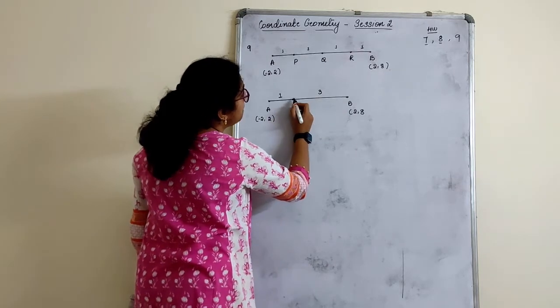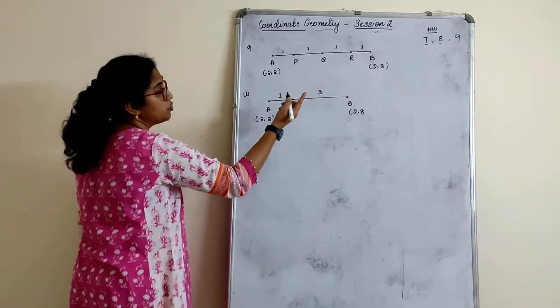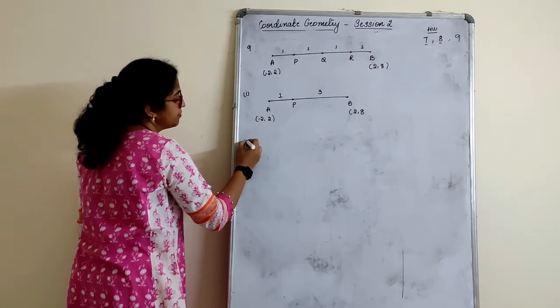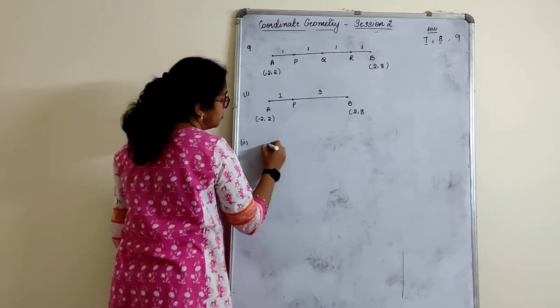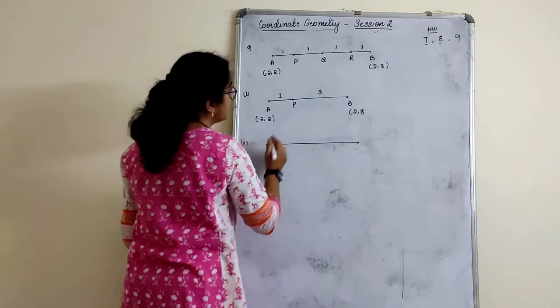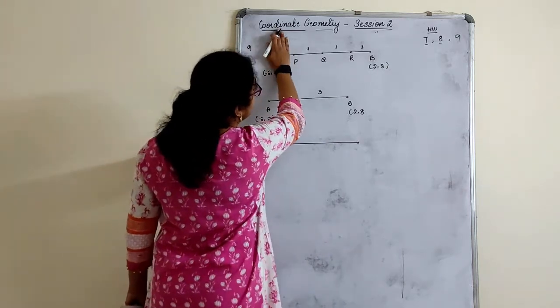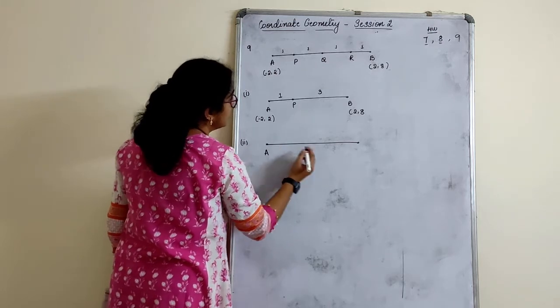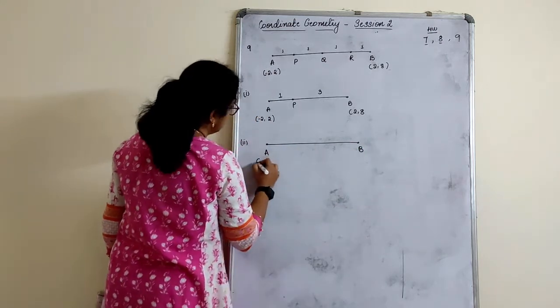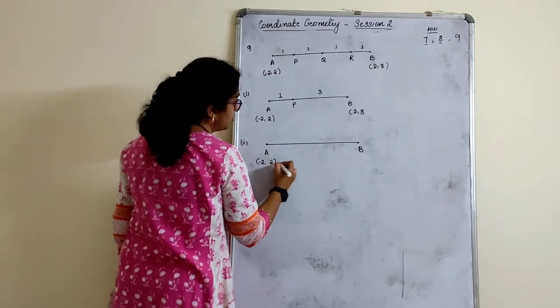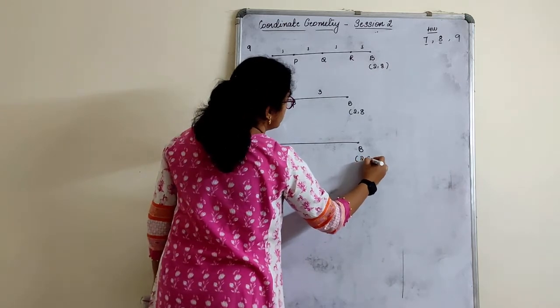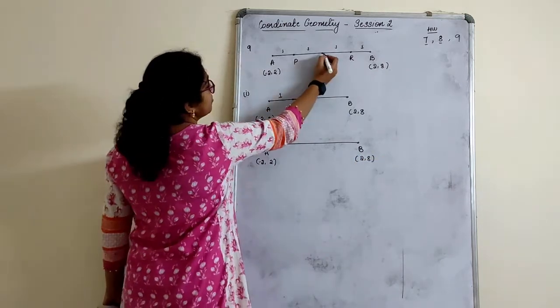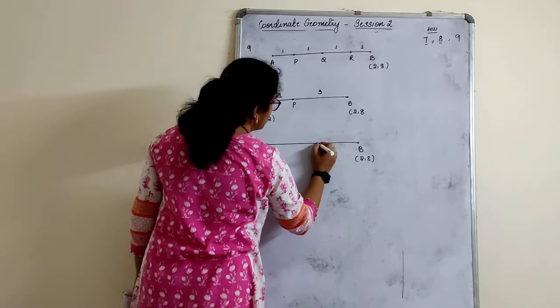Now if you find the P point, you know how to find the next part. Second part, what I will do, again I will consider, now the P part is known, right? So let us again take A, B, -2 and 2, and here it is 2 and 8. So if I have to find the Q part,